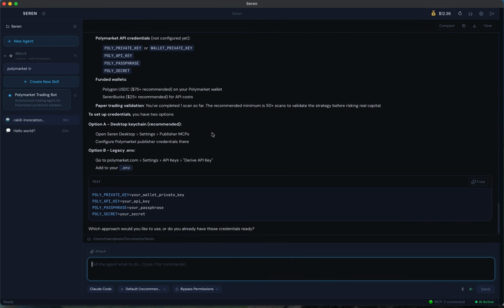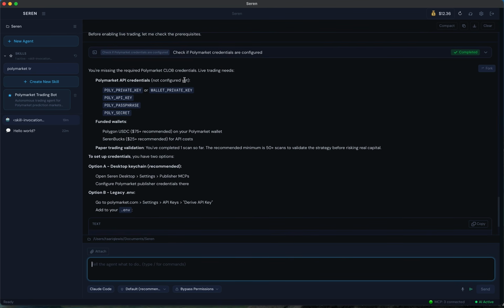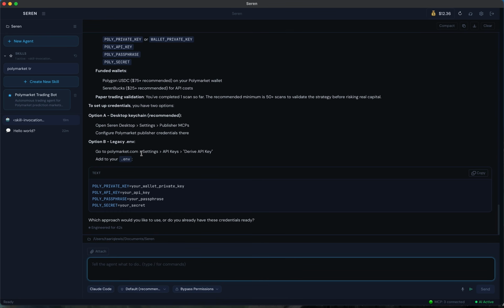Oh, there you go. See, it tells us what you need to do. So you're missing your CLOB credentials, which is a wallet private key, Polymarket API key, Polymarket passphrase, and Polymarket secret. And you need Polygon USDC deposited. So if you are a SerenBucks holder and you need to get some Polygon USDC,